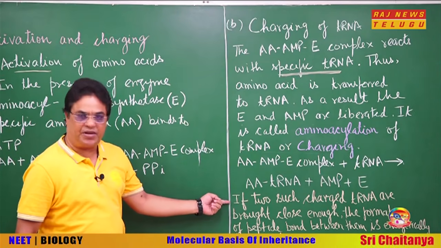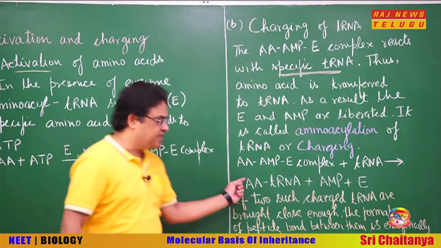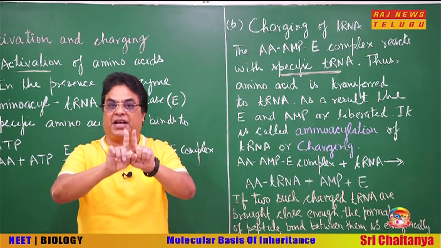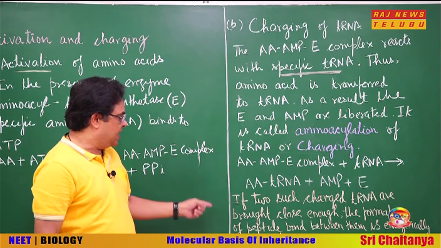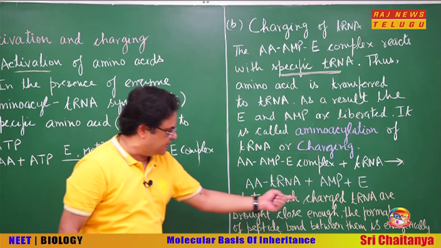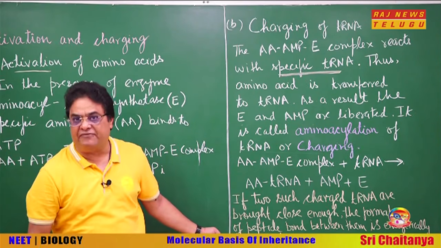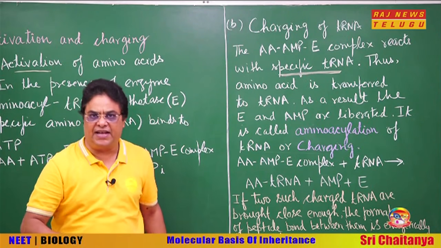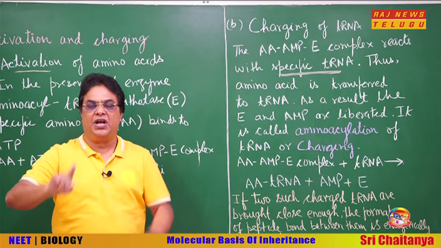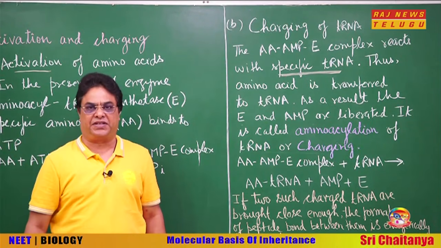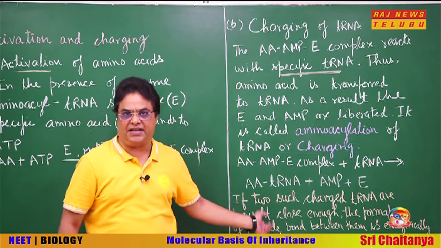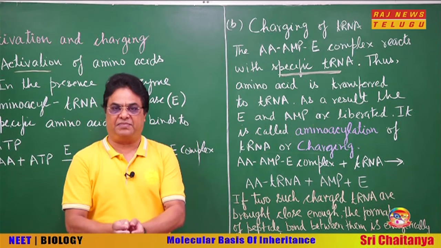This point is very important. See, if two such charged tRNA come close to each other on the ribosome during translation, then the formation of a peptide bond between them is energetically favored. That is why at the time of translation, during peptide bond formation, no additional energy source is required, because both these tRNA are charged tRNA, they have their own energy present in them.